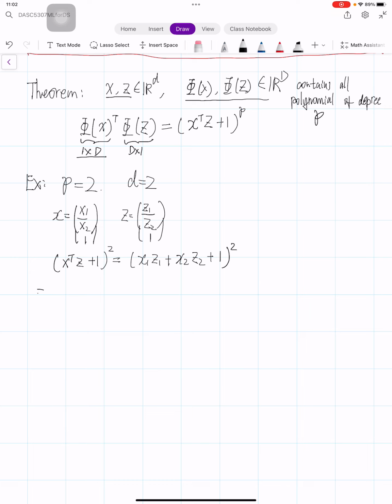After some algebra, you can calculate this equals x1 square z1 square